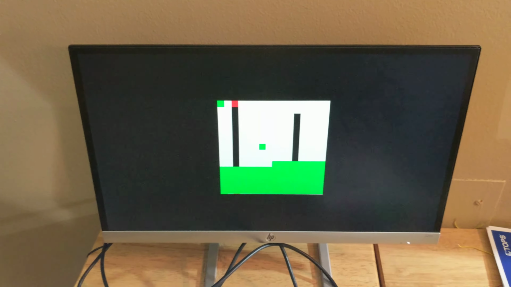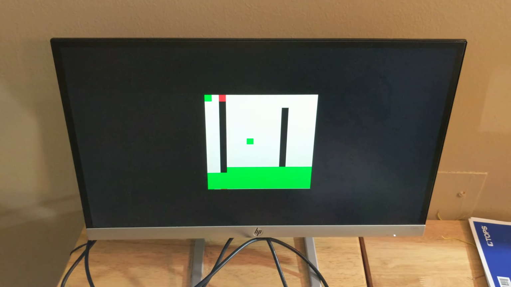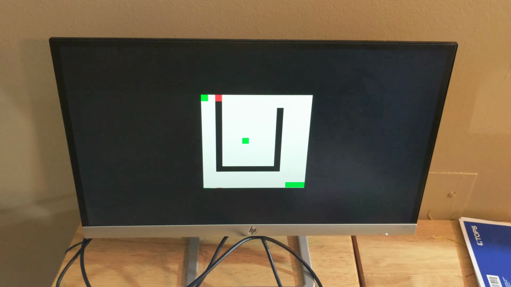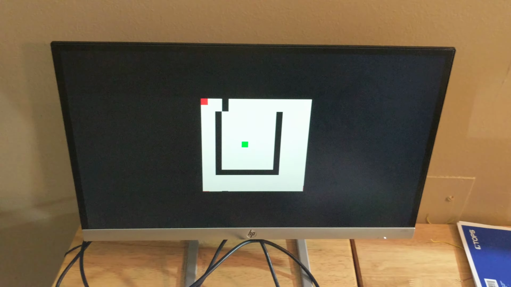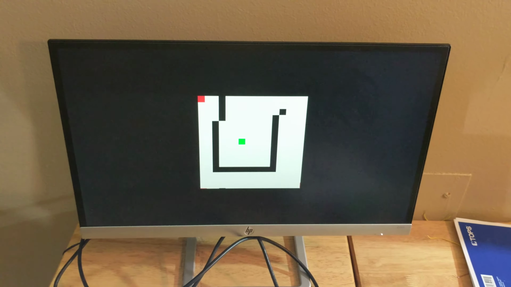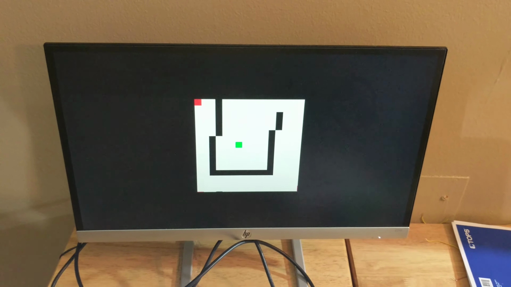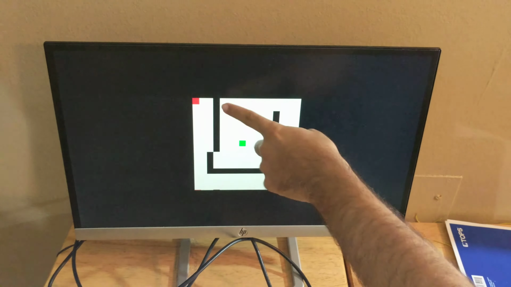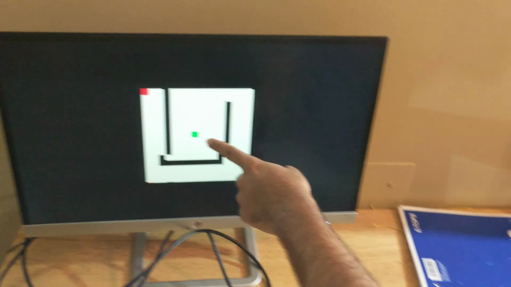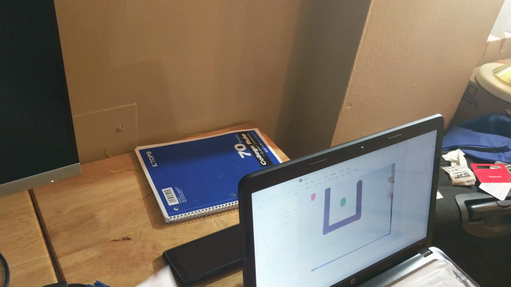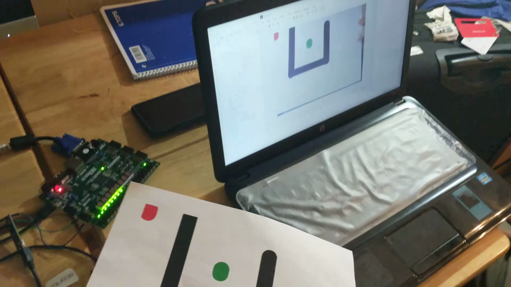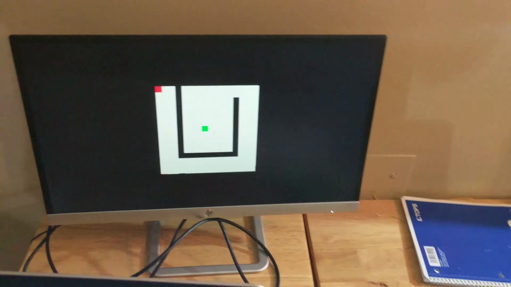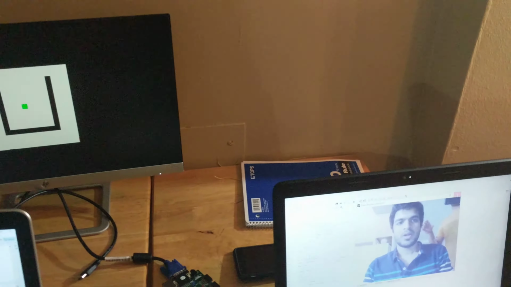It takes some time because the baud rate is 2400 only, but as the amount of data we are sending is less, it doesn't matter much. So you could see that with the computations of MATLAB, we have the red pixel on the top and the green pixel in the center, which pretty much matches with the maze we have over here. So now I'll just explain how things have worked out on MATLAB.